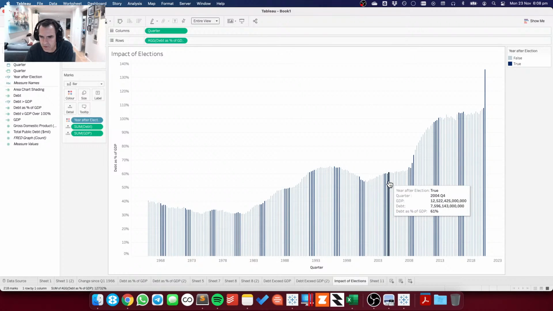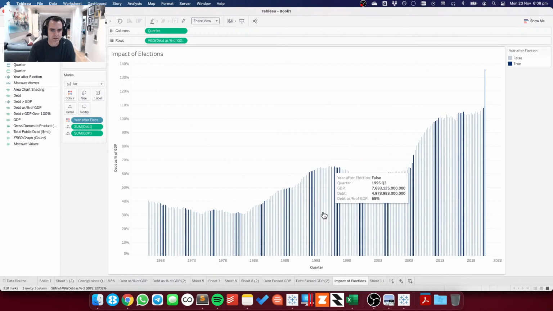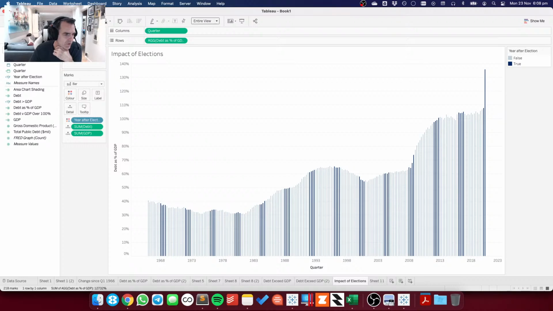No, I have that wrong. So 2001 through 2003, right? And then 2004 was the election, post-election. But I don't think either way it's really making a difference. So I would say that that doesn't show me a whole lot.